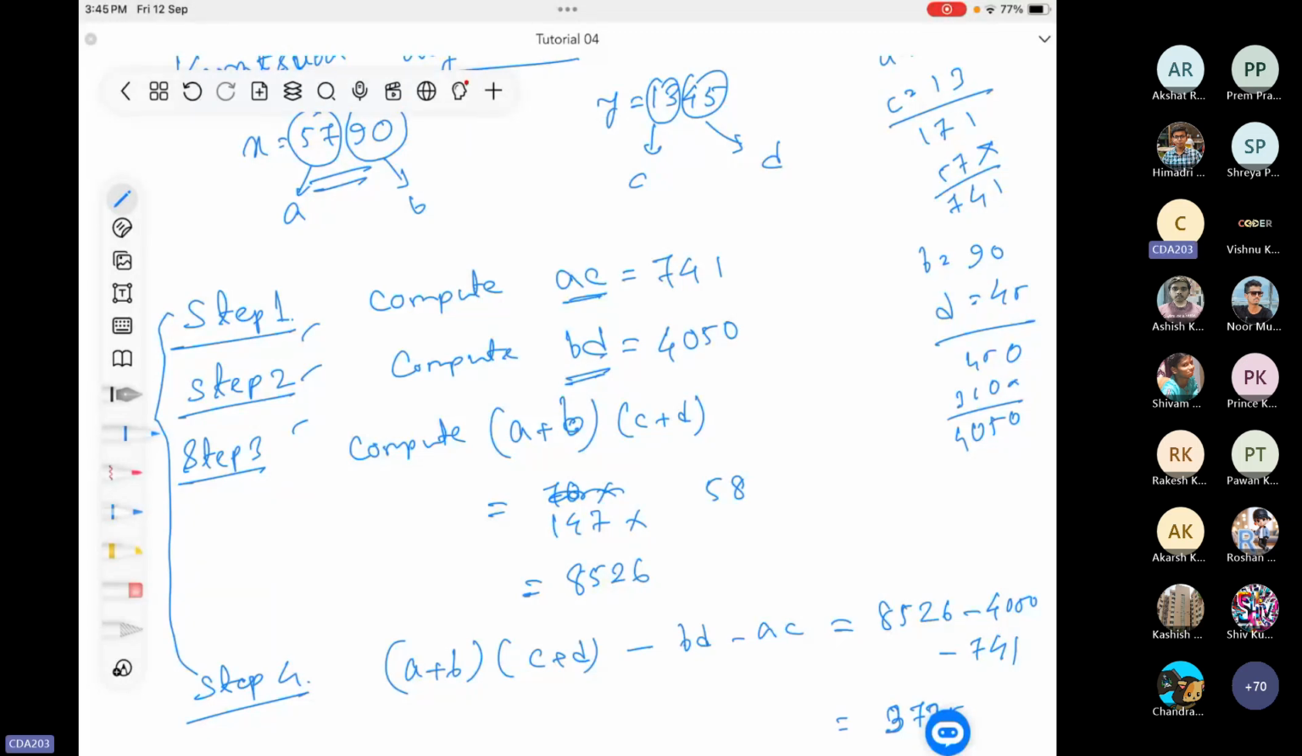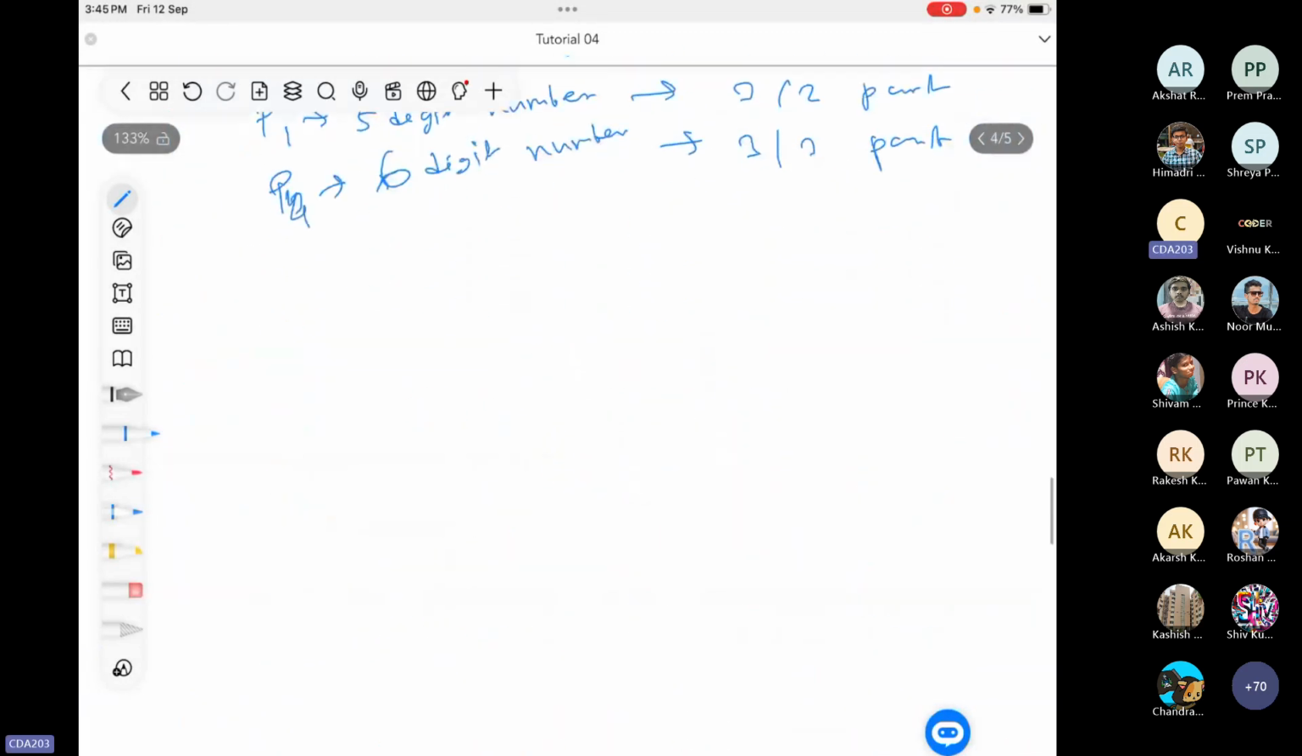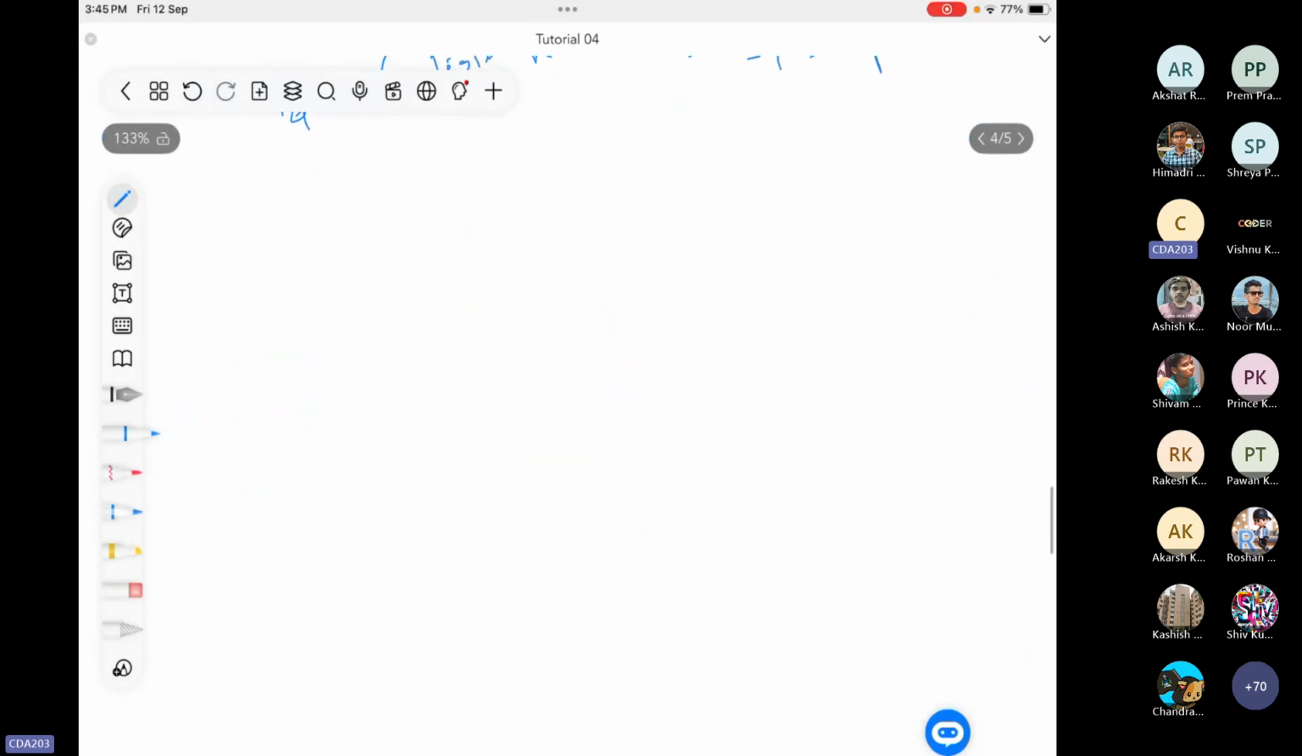Okay, so I will write a pseudocode for this one. So then maybe it will be a little bit clear. So if you look at the pseudocode,